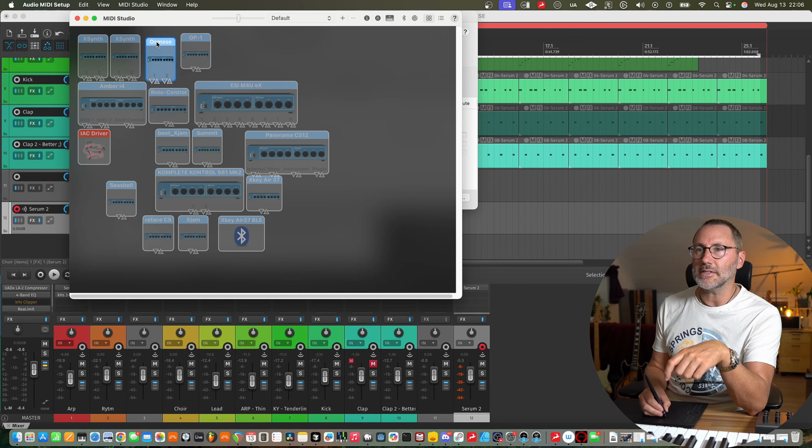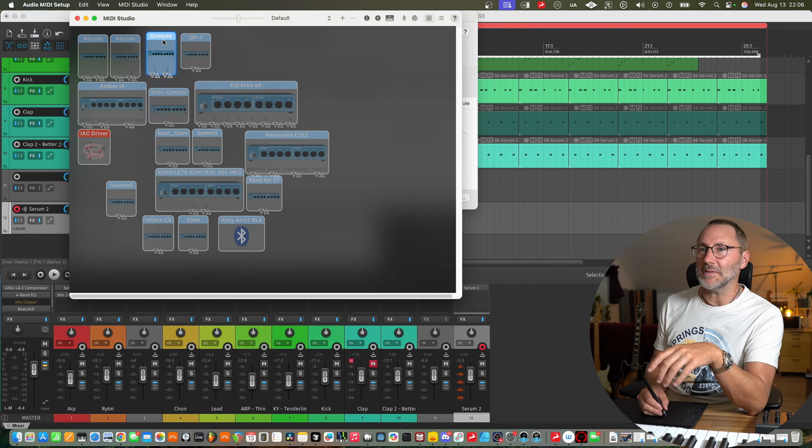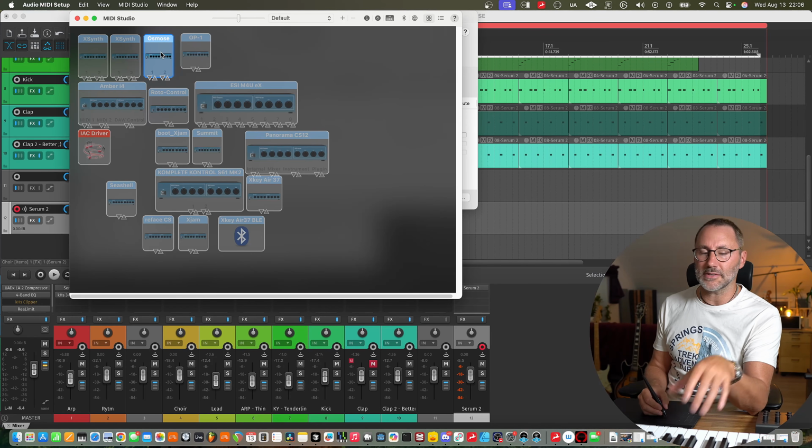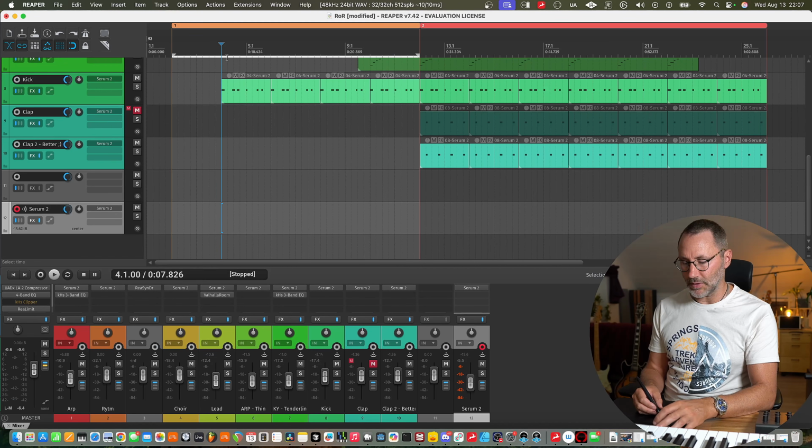And here we can clearly see that my Osmose MIDI keyboard is lit. It's totally lit here, and that means that it's active and the OS can talk to it. So we're gonna press Command R.